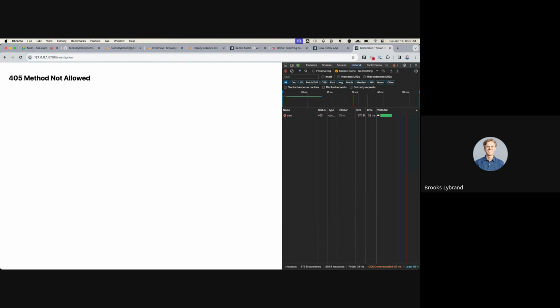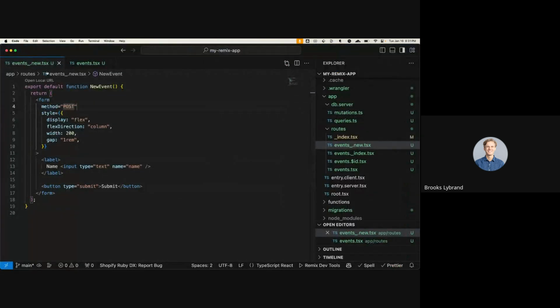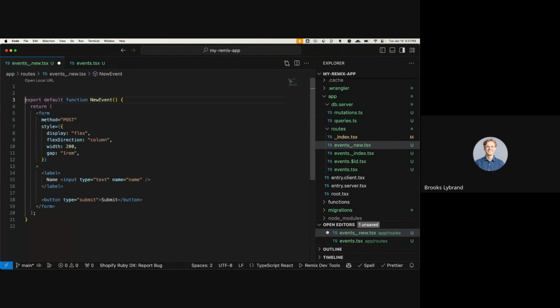So this is the default. Remix is just saying, hey, you didn't provide anything, this method isn't allowed. We can change what that looks like. In fact, we are going to. But by default, if you try to post to a route that doesn't handle that, that's going to happen. Some people complain that this is an ugly default, but what do you want to be serving to people who are posting to random endpoints? If people are doing that, they don't deserve pretty things, is my opinion. What are you doing? So anyway,